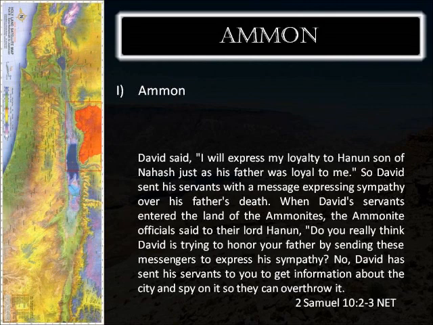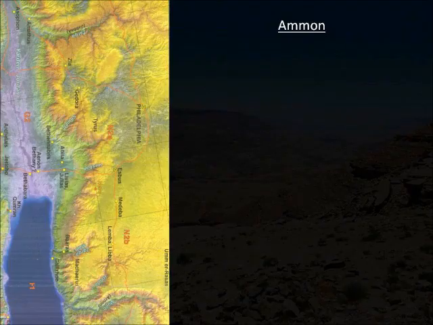But because the Ammonites will constantly fight wars against the Israelites, that will see this land enter into Israelite possession from time to time, especially during the time of King David. So let's zoom in even closer and get a good look on the ground at this area. Okay, so we are zoomed in there, and if you'll notice here real quick, most of that area of Ammon is nicely shaded in that yellow, sometimes that kind of bluish color, meaning the area is between 3,000 and 4,000 feet in elevation.